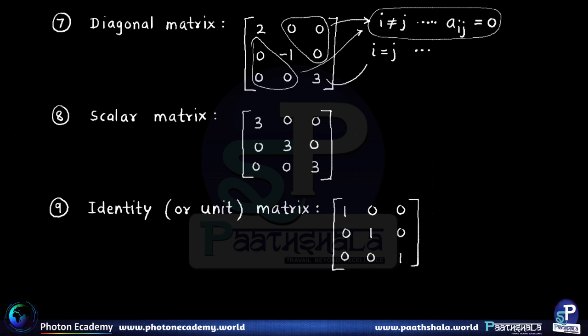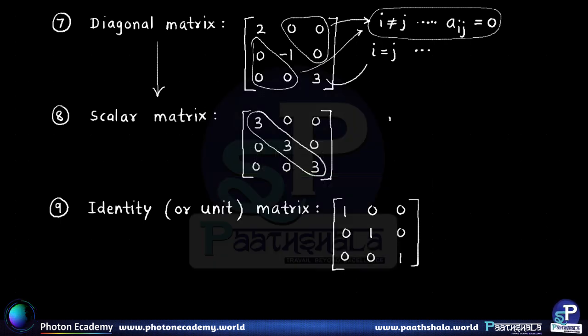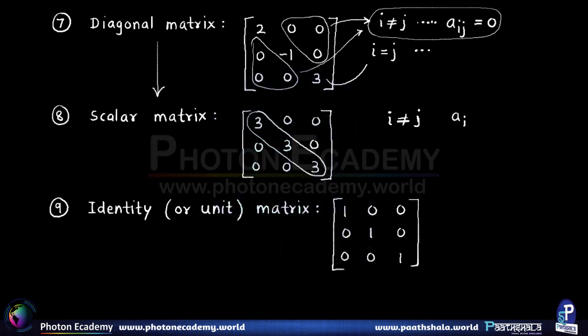Now moving on, we have the next type, that is, a scalar matrix. Here we see that it is a specialized form of diagonal matrix only. That is, a scalar matrix is a diagonal matrix, but here the additional condition is that all the elements in the diagonal must be the same. They all must be identical. So when that is the case, it is called a scalar matrix. Right? So here also we can define it in the same way, that is, when i is not equal to j, we want the elements to be equal to 0. That is the first condition, because that is required for the diagonal matrix itself basically.